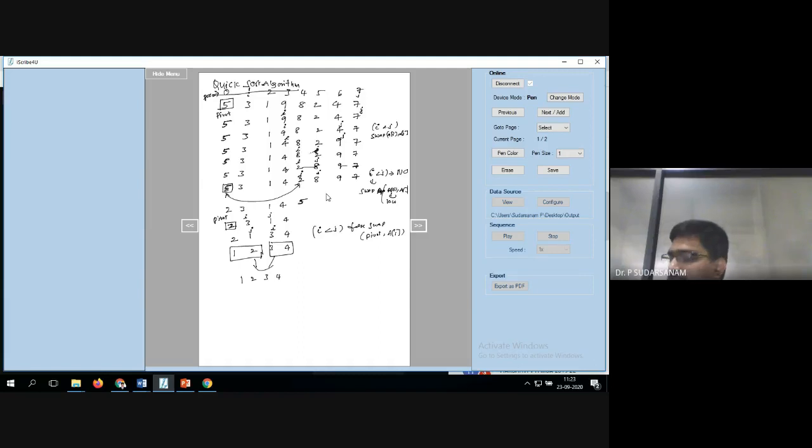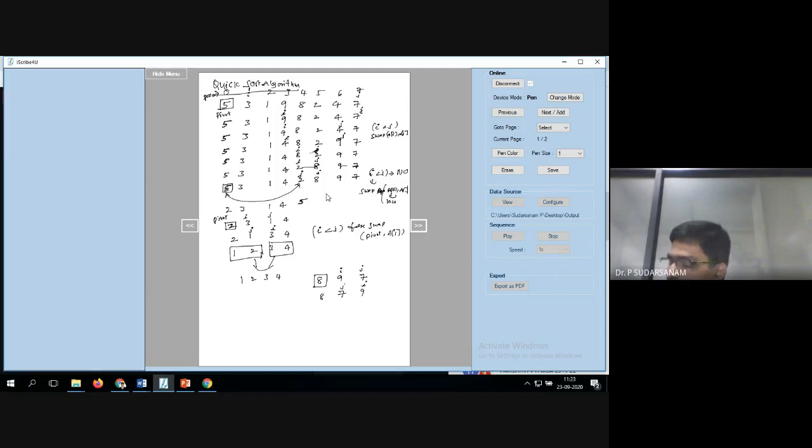Similarly here also, take 8, 9, 7. This is called the pivot element. Now I value: 9 is less than 8? No, stop it here. And J: 7 is greater than 8? No. The condition is false. Swap these two values: 8, 7, 9. Now 7 is less than 8, true, so increment the I value. Next, 7 is greater than 8?